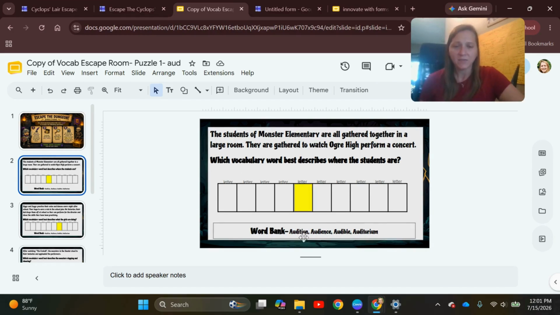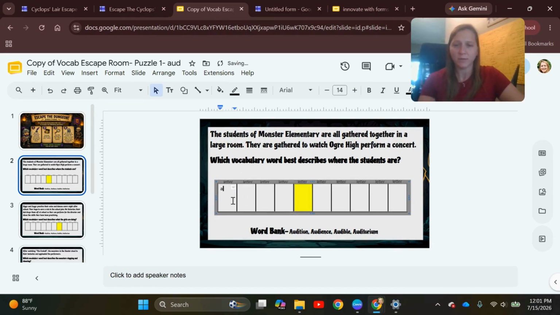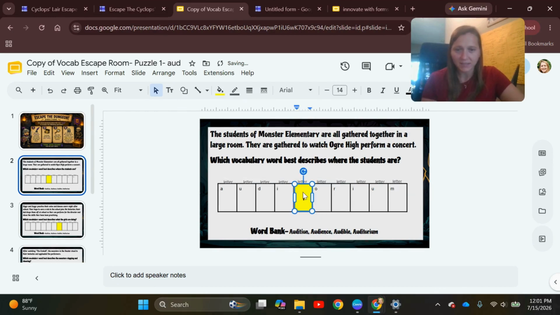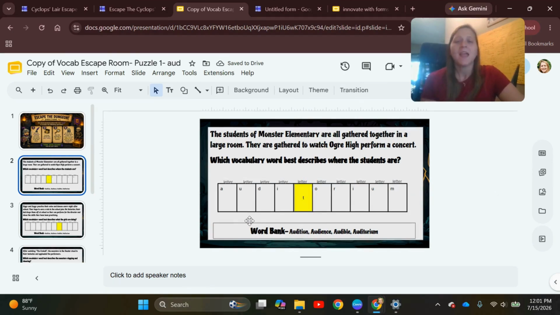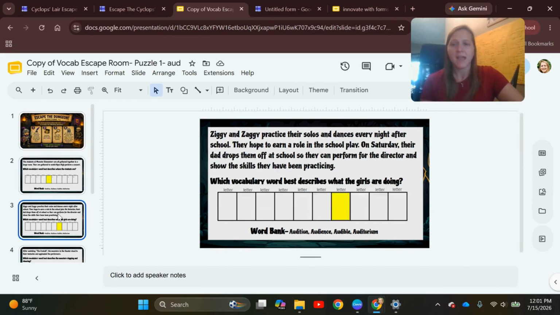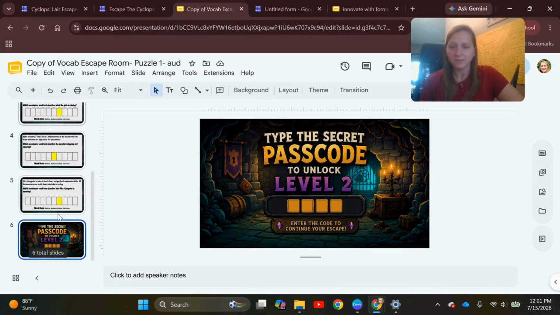And in this case, the vocabulary word is auditorium. So they would go ahead and spell it out. I highly suggest if you do something like this, a word bank, so students don't get confused and say it's not working. And you'll notice that the highlighted yellow letter T is what students are going to want to remember and take away from this. As they complete all of the puzzles, they're going to be able to uncover that it spells